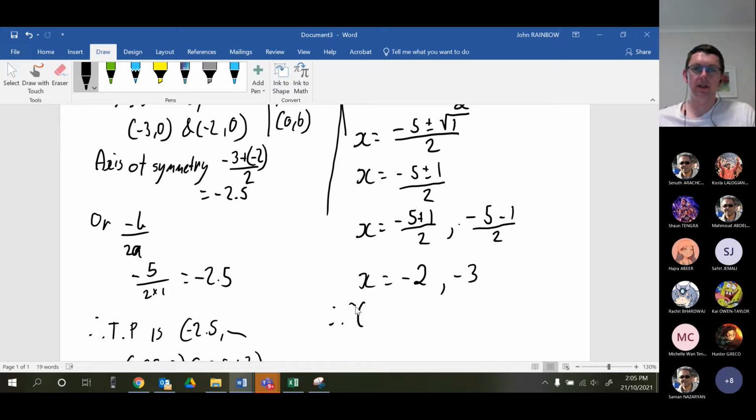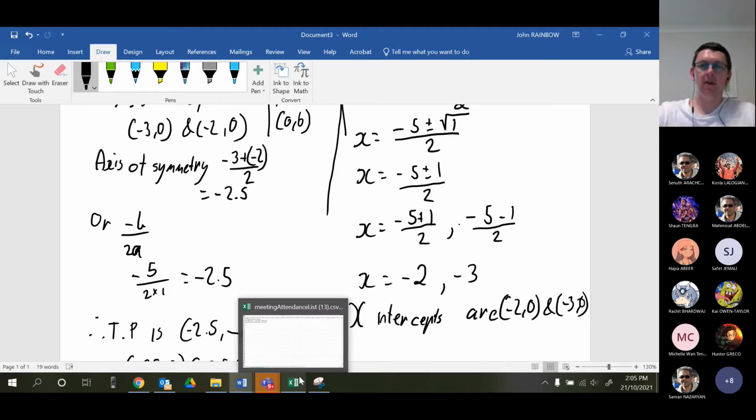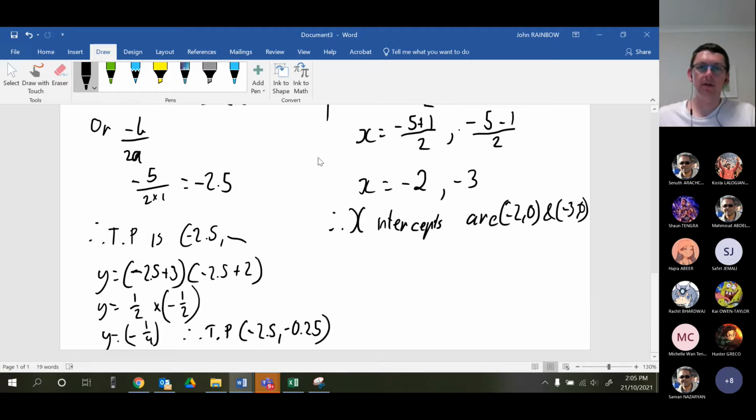Therefore, the x-intercepts are negative 2, 0, and negative 3, 0. Okay, so that's where they are. It tells you where they are. I could, from here, then put it back into factor form, so it'd have to be x plus 2, x plus 3. So then, to find your turning point,